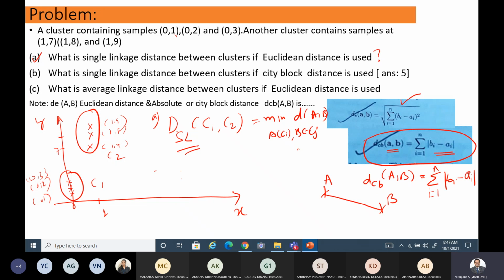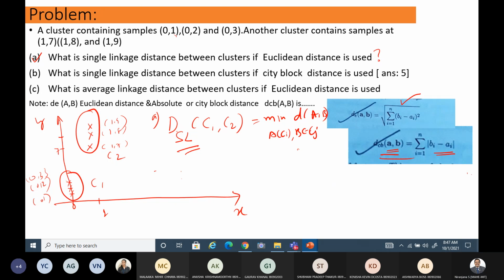It's a very simple measure comparatively. There is no square root and all, right? This also can be used if nothing is specified regarding the small d calculation. If we don't say Euclidean, you can even go for city block, which is very convenient to estimate, right? It's left to you to choose if nothing is specified in the problem, okay?